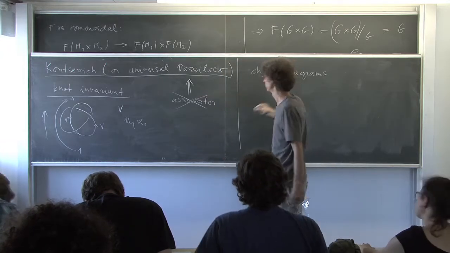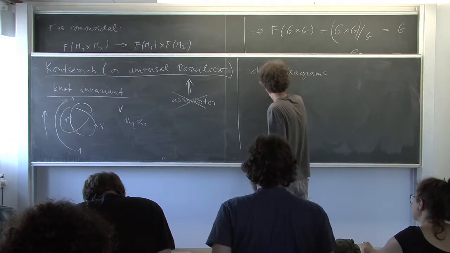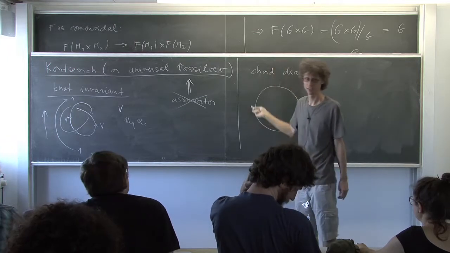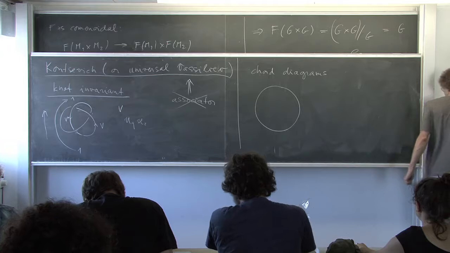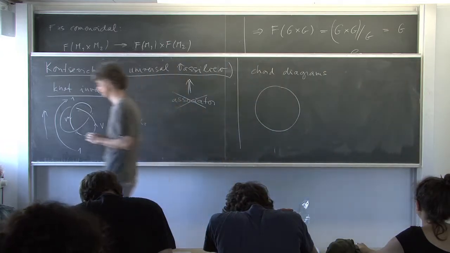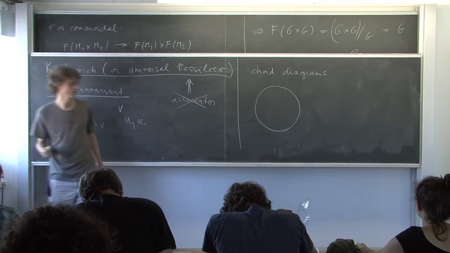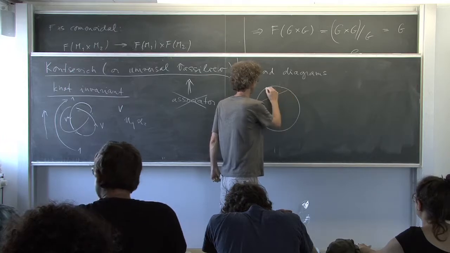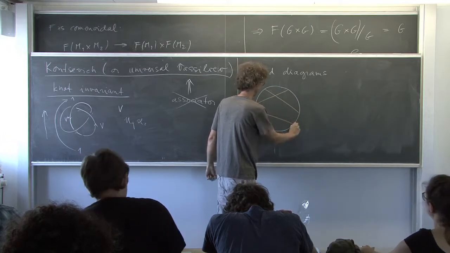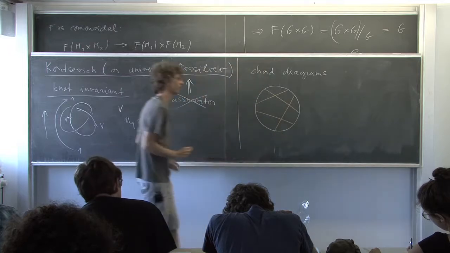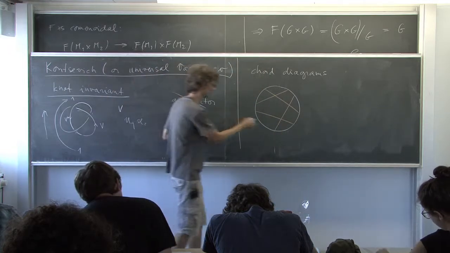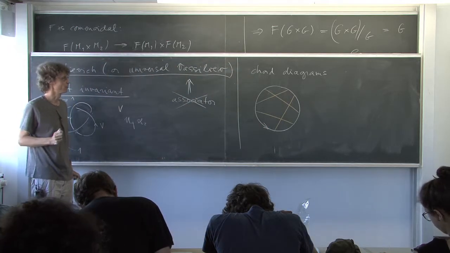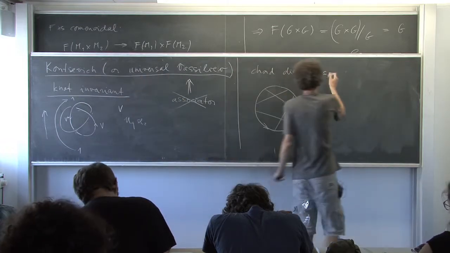So there is a version which is just for a circle. So imagine that you have a circle, some sort of skeleton of our chord diagram, and now we would draw some chords on the circle. The circle should be oriented. The chords are not oriented. So chord diagrams are just formal linear combinations of these pictures,